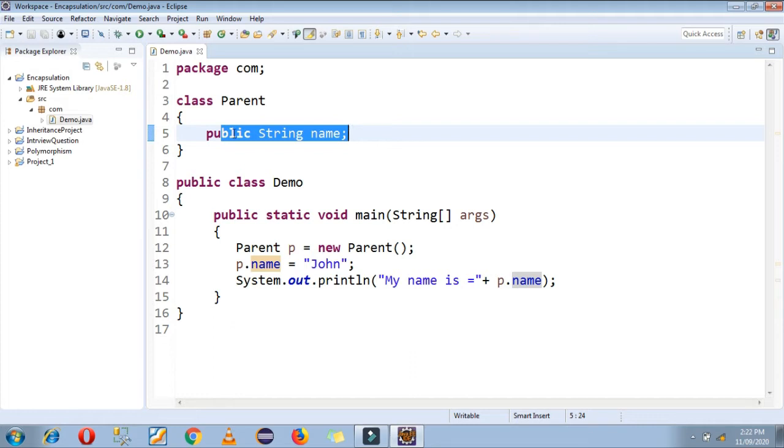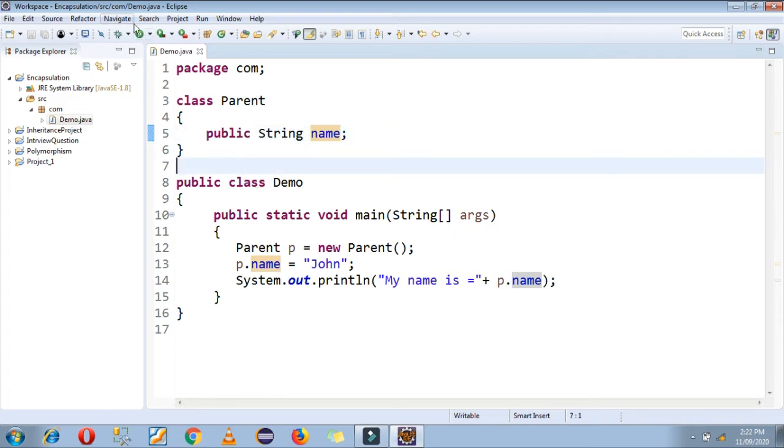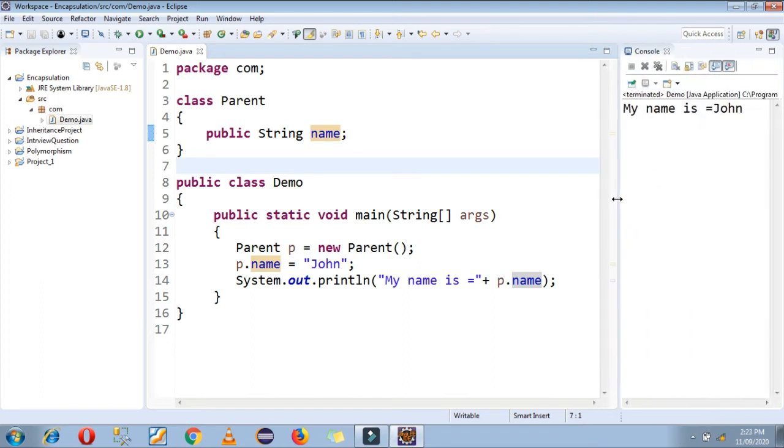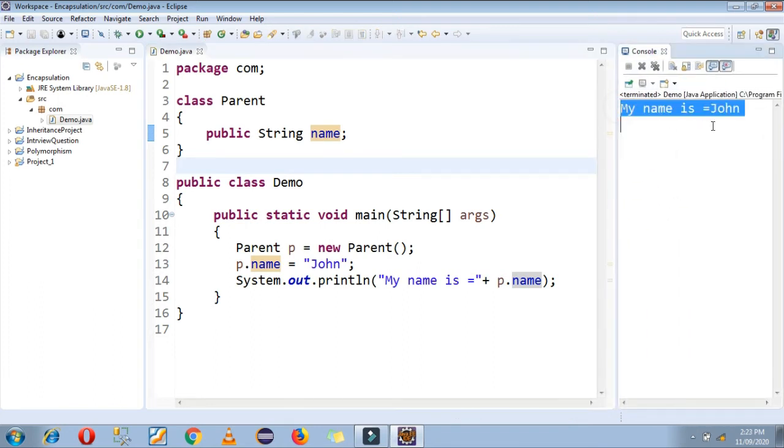But what happens if I create a private variable here? First I am running my code, just check my output now. See, my output is: my name is John.